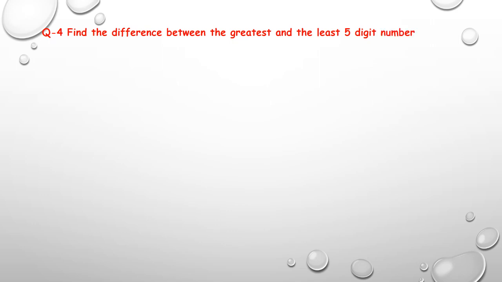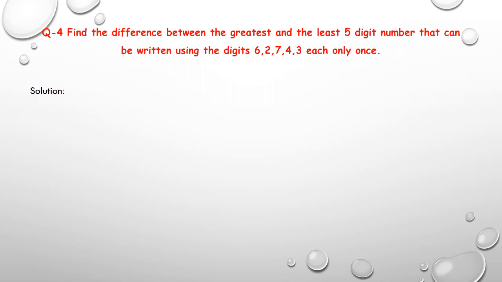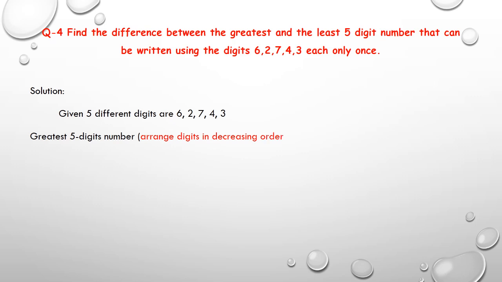Now we will solve our next question, that is, find the difference between the greatest and the least 5-digit number that can be written using the digits 6, 2, 7, 4, 3, each only once. So students, to solve this word problem, we have 5 different digits. These are 6, 2, 7, 4, 3. We all know that the greatest 5-digit number can be formed by arranging all the digits in decreasing order, and the number will be